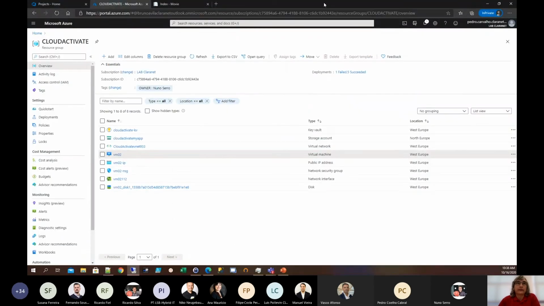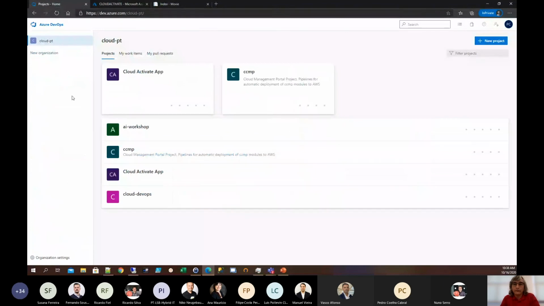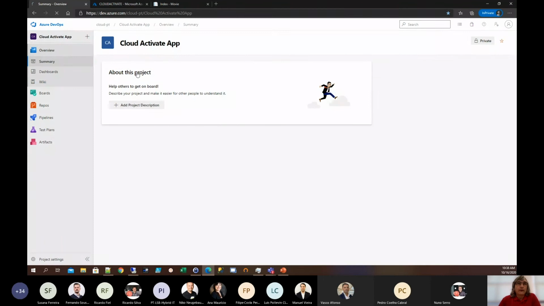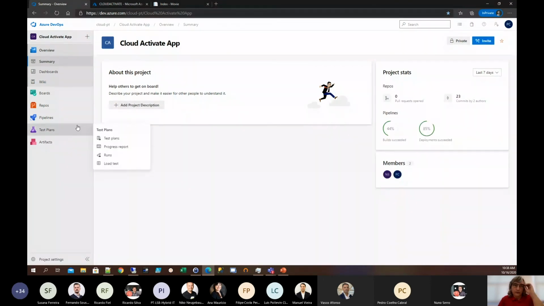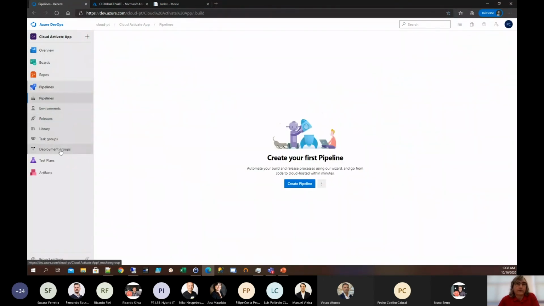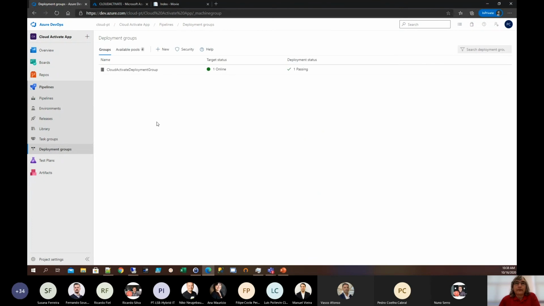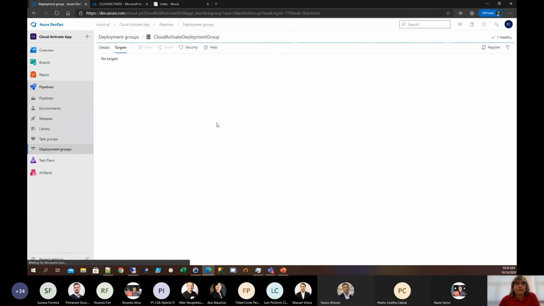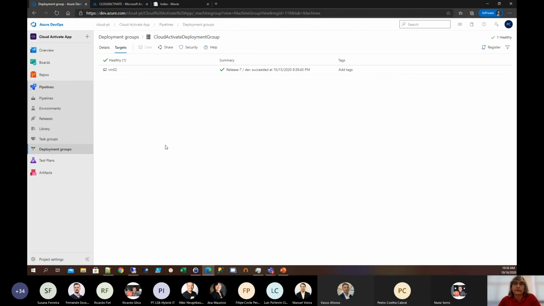Okay, let me go back and now go to the Azure DevOps organization, where we have previously created a project called Cloud Activate App. Within this project, we only used those two resources you saw in the slide, so deployment groups and a release pipeline. I'll start by showing you the deployment group that was created. There it is, Cloud Activate Deployment Group. And inside this deployment group, you can already see the VM registered and online, ready to receive commands from